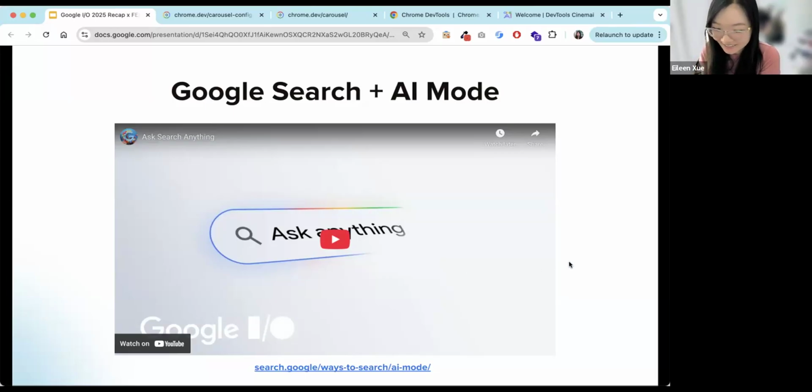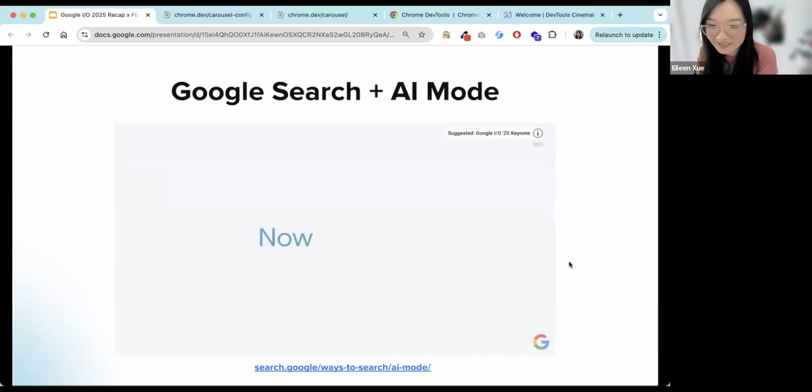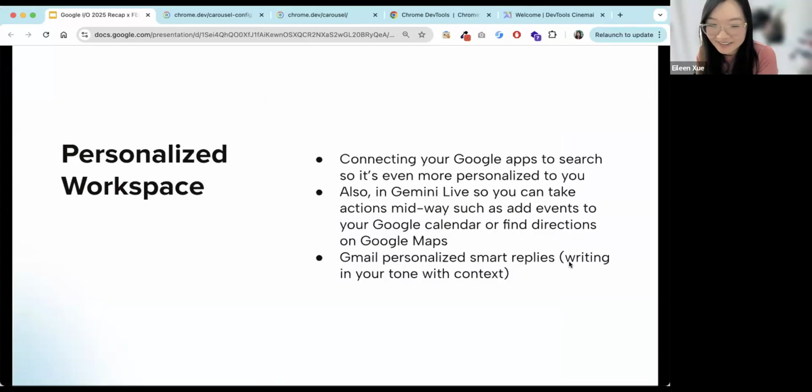So that's a little bit scary, getting a little bit personal, but it could also be very efficient and very useful for different use cases. It depends on how much information you want to share with them, or how much access you want Google to have. So yes, which is my next section: Google is getting very personalized. If you connect your Google apps, it can just know more about you based on the context. Your results will be a lot better because it's more personalized to you specifically.